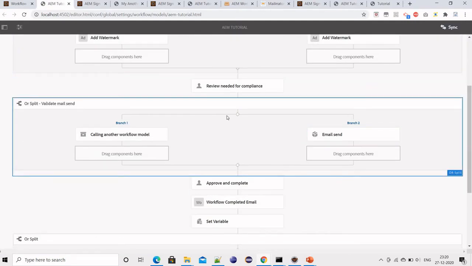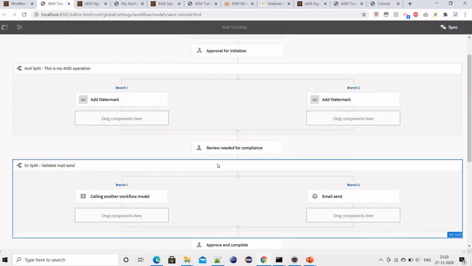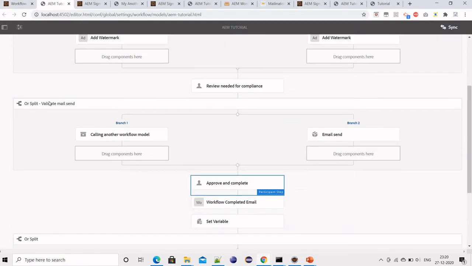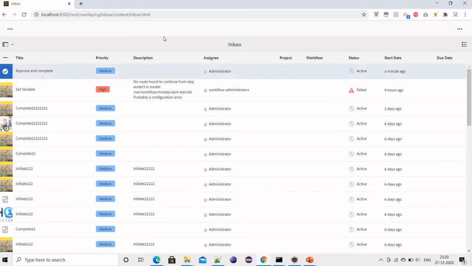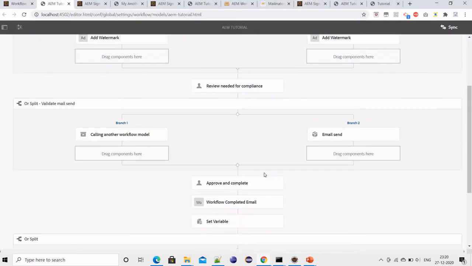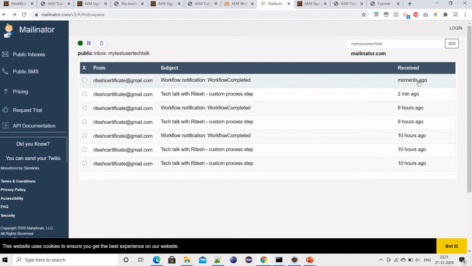Yeah, it's asking me to approve and complete, and if I select it and then complete it, approve, it should send some workflow completed email. Again, I think on the same one, just a minute. Yeah, I just got a mail, workflow is completed.